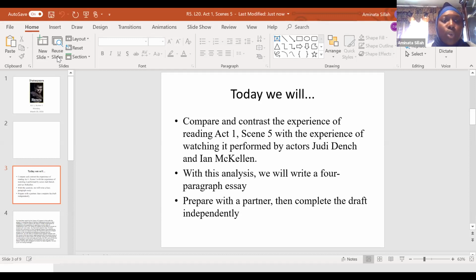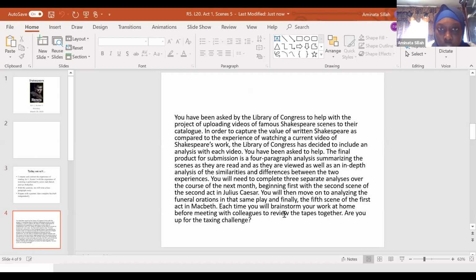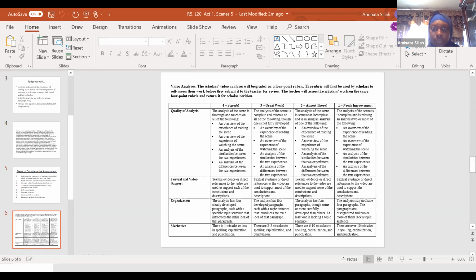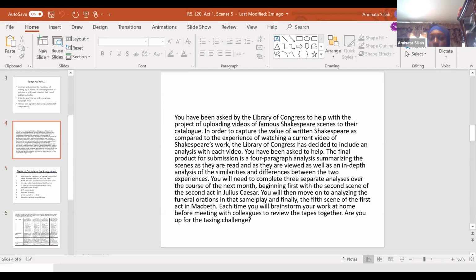And then we're going to go ahead and just complete our draft independently. So it's not really too much of a jam-packed class, but we're going to go ahead and get started. Do you guys have this performance task in your packet? No? Okay, so I'm noticing that we don't have this performance task. So on your own, take 1 minute, read through the performance task.